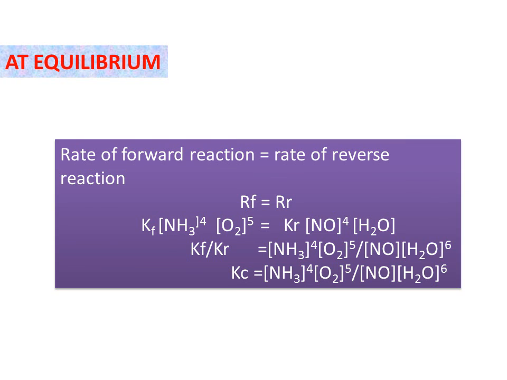So if we rearrange this equation, we will get Kf divided by Kr will be equal to concentration of ammonia into concentration of oxygen divided by concentration of nitric oxide into concentration of water. So we will also write this Kc, because we know that Kc is equal to Kf by Kr. So we can write Kc instead of Kf by Kr is equal to concentration of ammonia into concentration of oxygen divided by concentration of nitric oxide into concentration of water. So that was the Kc expression for all those reactions.